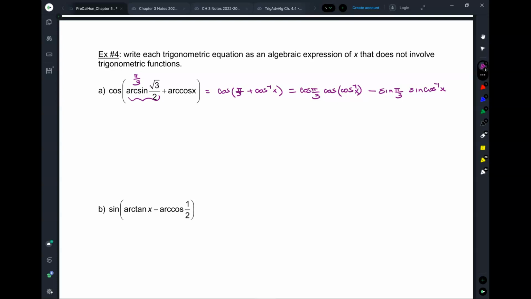Okay, so now cosine of pi over 3, 1/2. This is just x. And again, if you can see these right off the bat, you don't have to write out the whole thing, right? I'm doing a little bit more. I'm putting in more steps because it's our first time. Minus sine of pi over 3